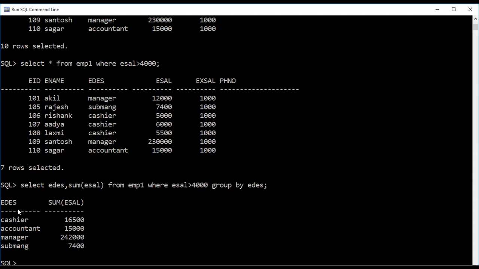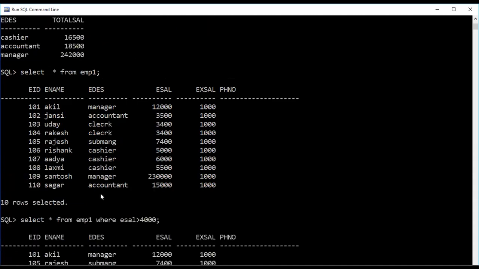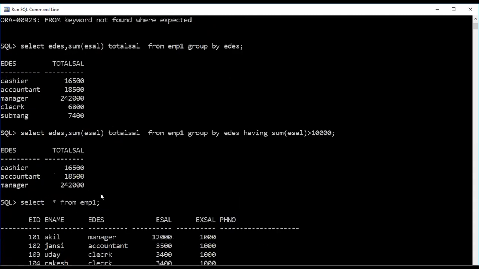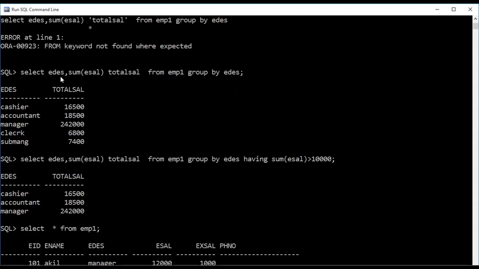Now compare the difference between this table and this table. So I'm writing the same: select the E designation, sum of the E salaries from employee 1 table, group by E designation. This query does not contain a where clause. So how many rows are you getting? 5 rows. Moreover, accountant salary is 8,500.